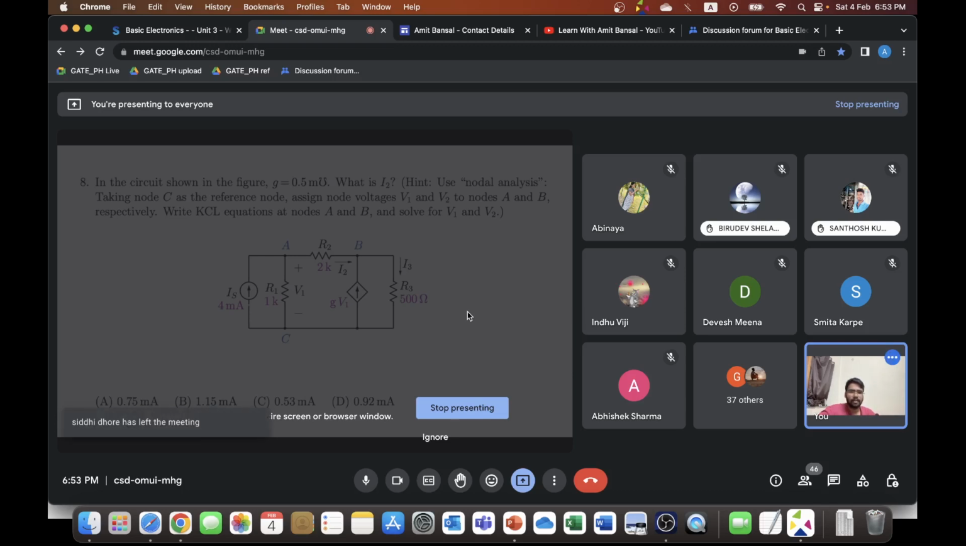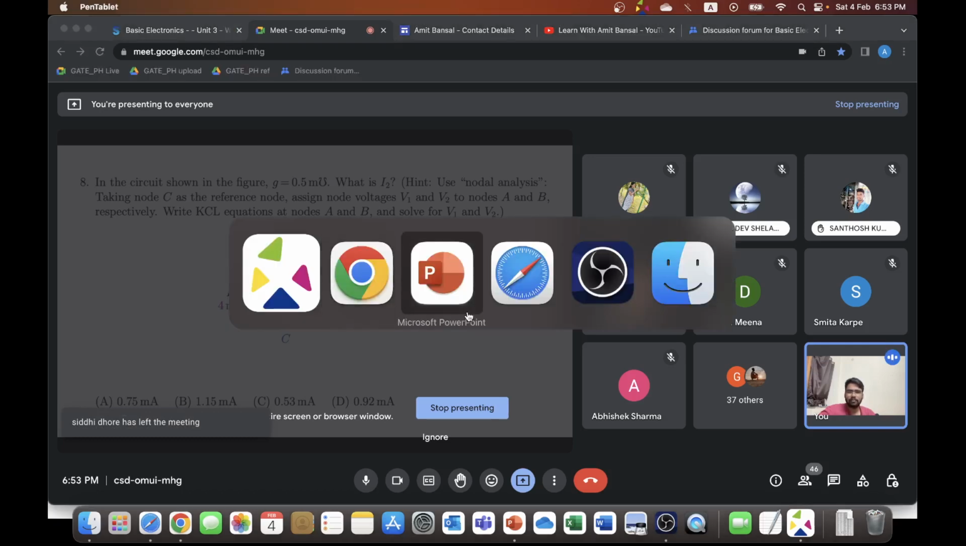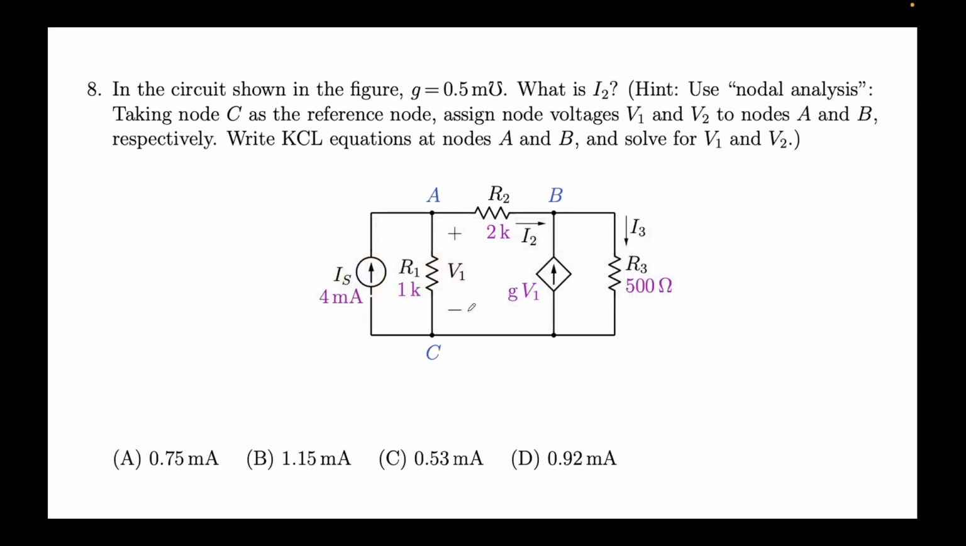If there are no more comments or doubts over this, let me go forward to the next set of problems. So this is the next problem that we have. It says that in the circuit shown in the figure, G equals 0.5